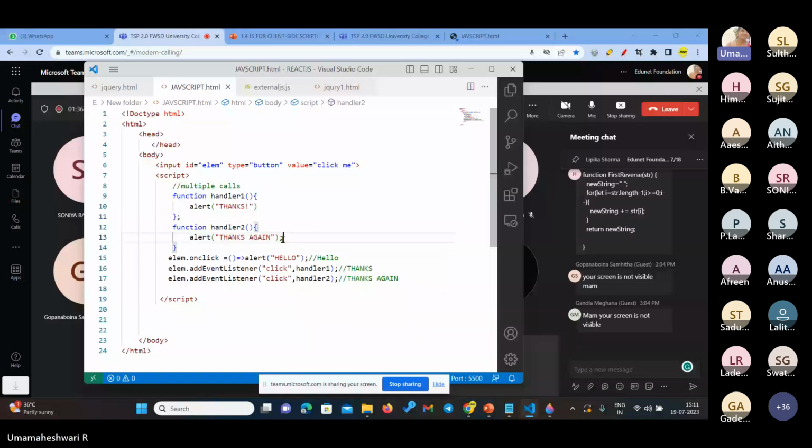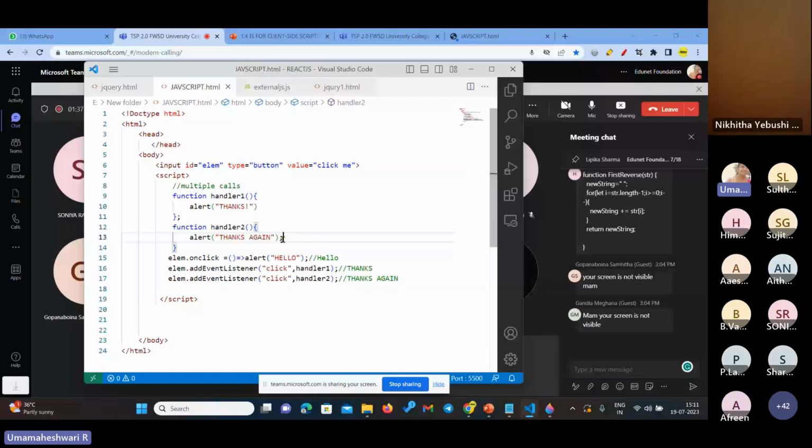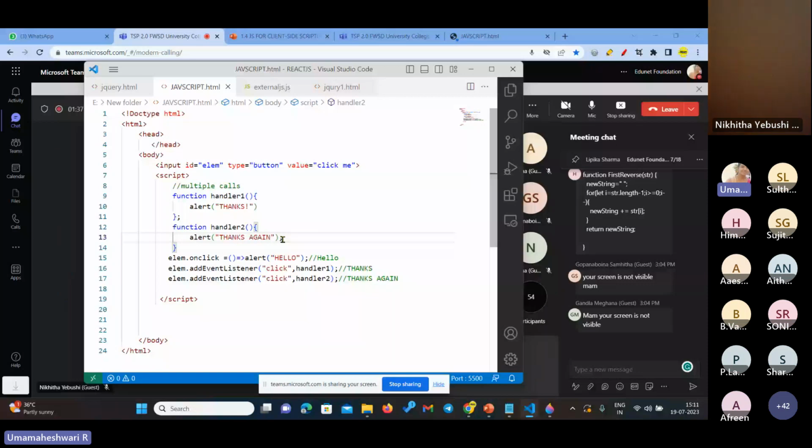Okay, let's get into the event methods, how it will be. The events are nothing but a way to provide a dynamic interface to a web page. We know the basics of how we can use it with onclick, but now we will work on